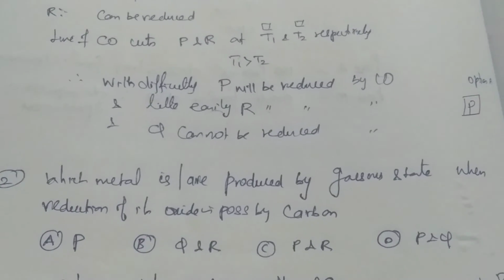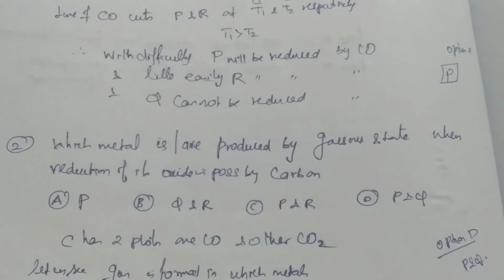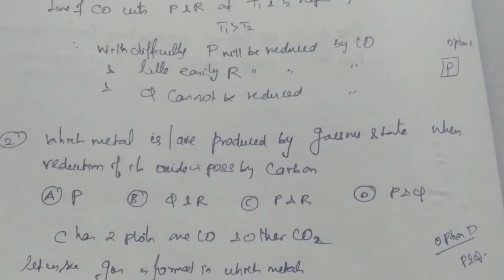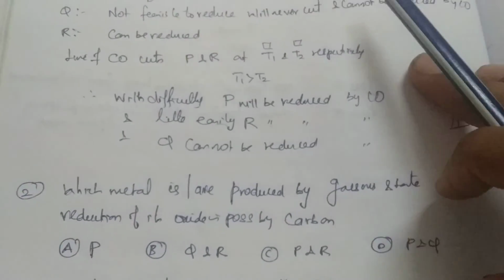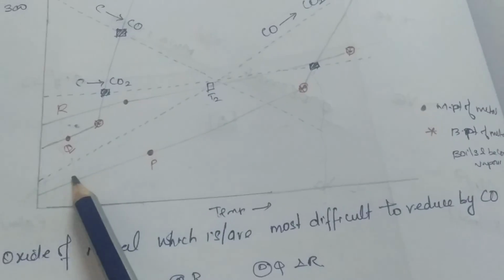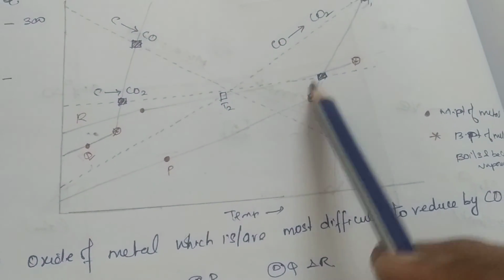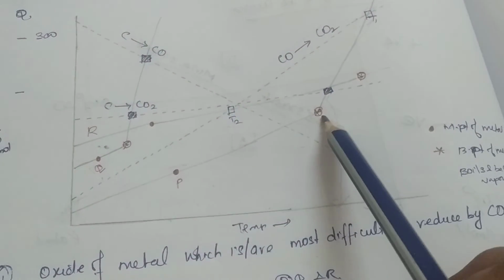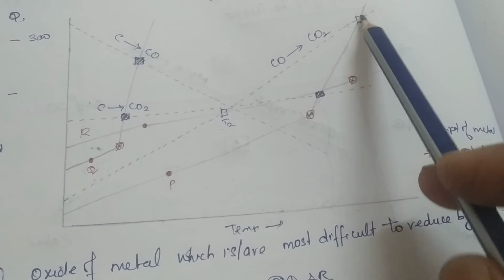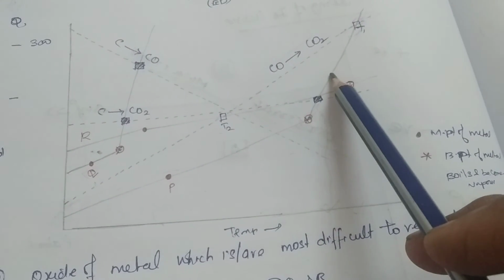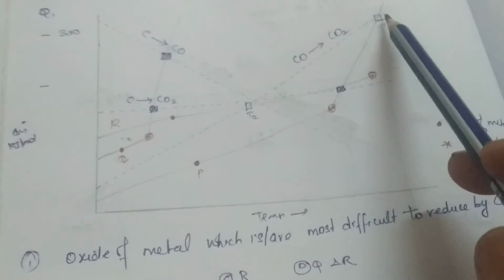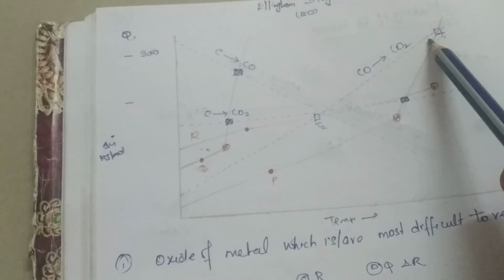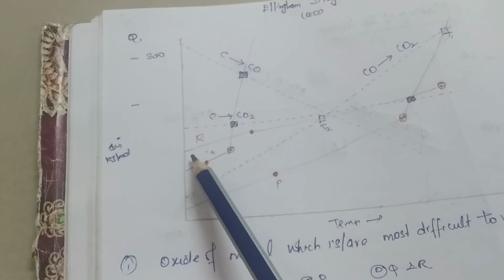Second question: which materials are produced in the gaseous state when reduction of their oxide is possible by carbon. You can easily see that P and Q both will be produced in the gaseous phase only, because you see P first gets melted, becomes vapor. After that only the element is, this is fully the vapor phase oxidation curve of P, and only at this temperature it is going to cut, after it becomes gas. Similarly, if you take R, it is going to get